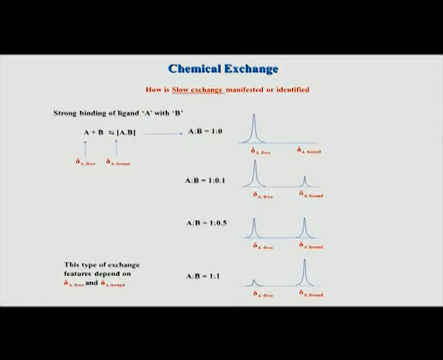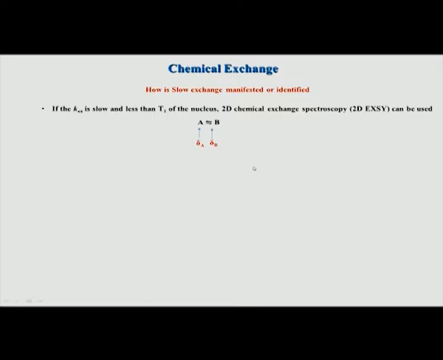Before we go to that, let us look at, suppose we have a slow exchange process like this, is there any other method to find out if this is slow or not. So, this is one option, this is what we saw. Another method to find out is known as 2D exchange spectroscopy, called 2D XC. Okay. So, what is 2D XC?